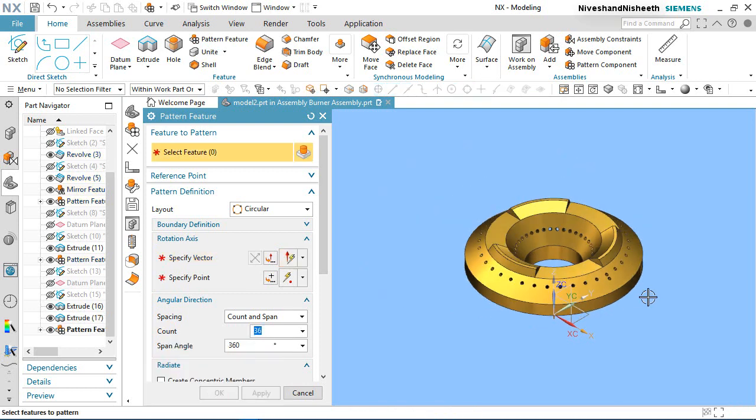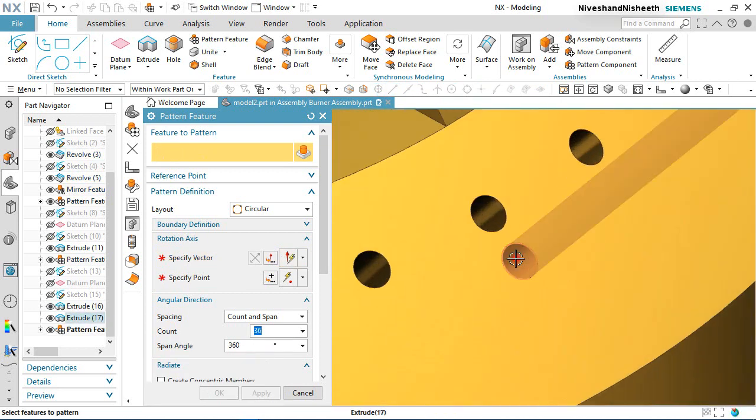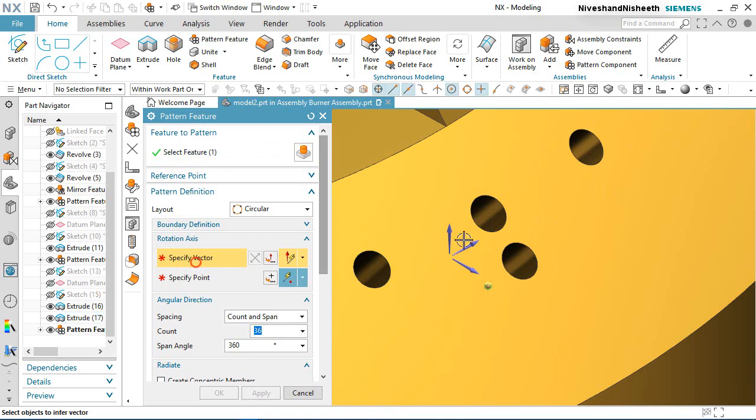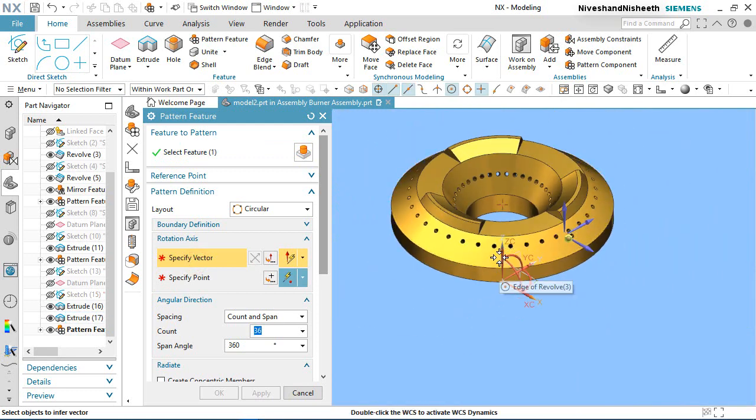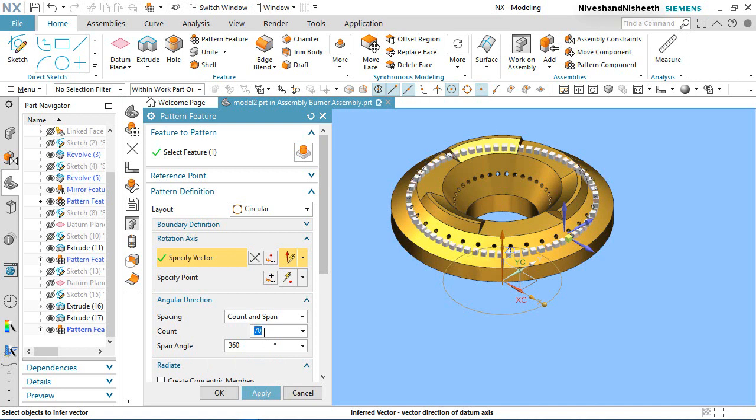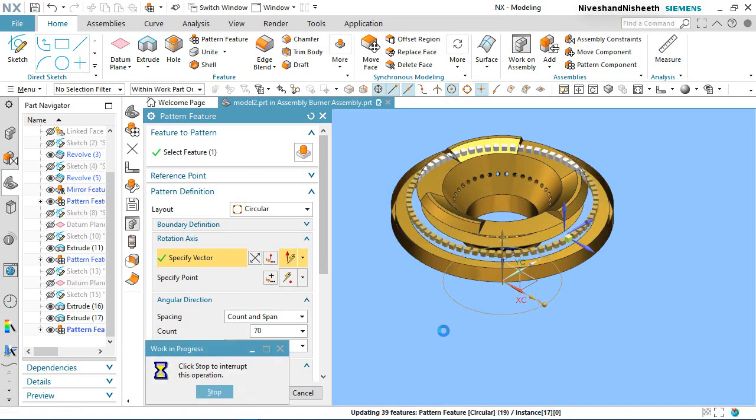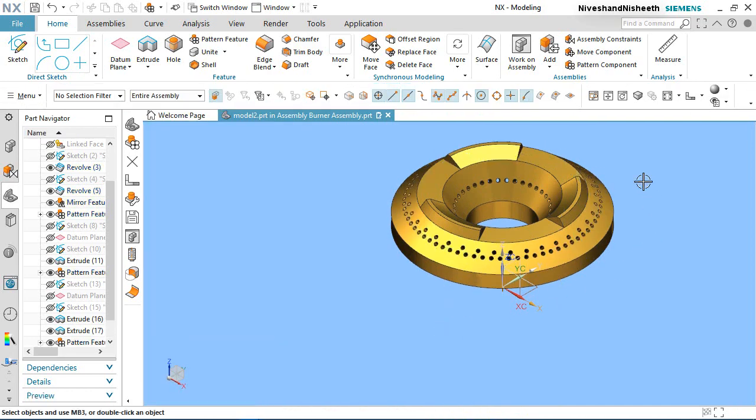OK. Select this second extrude feature. Choose specify vector. Select the Z axis. In the count value, set the value 70. OK. Now see.